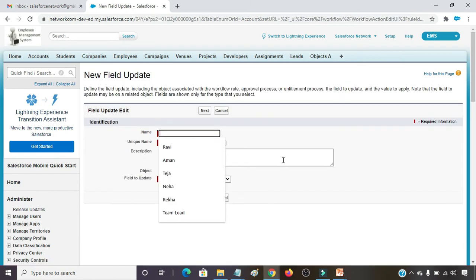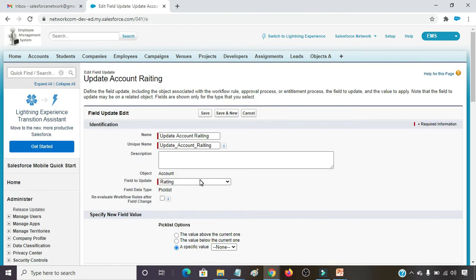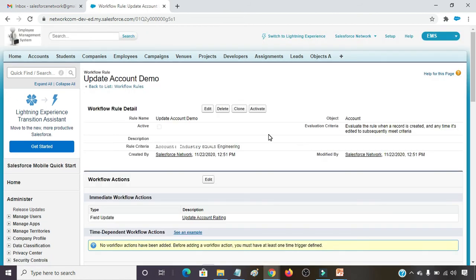Here I am providing the name Update Account Rating, on object Account, field to be updated is Rating. The field value will be Hot. Click on Save. Done. So we have created one workflow rule by the name Update Account Demo, and finally clicking on the Activate button.